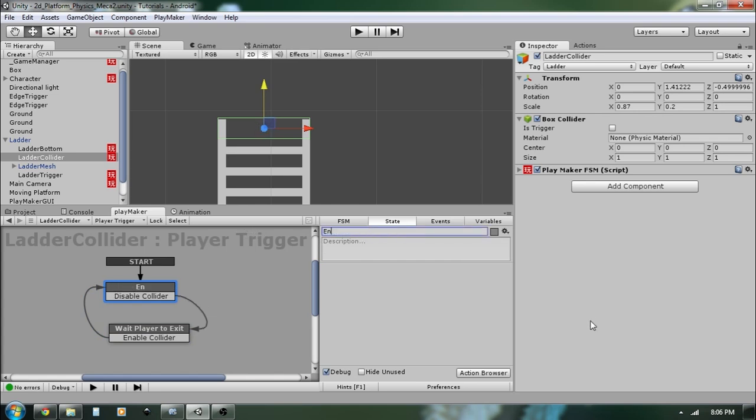So this is for the first state. I'm going to set the name of it to enable collider, and the second state to disable collider. So this will act for toggling the collider of the ladder collider here. For enable collider, I'm going to drag this box collider here, and I'm going to set its property enabled